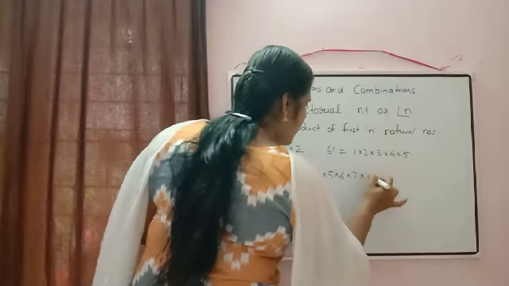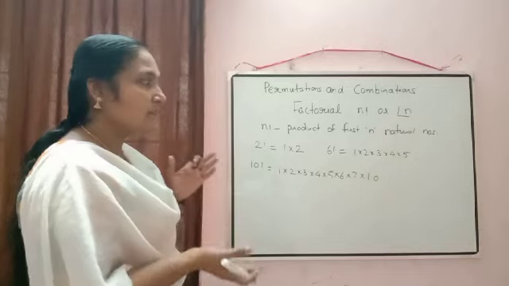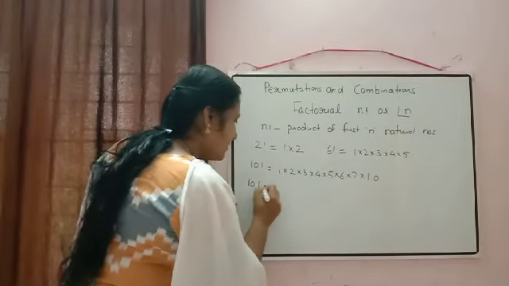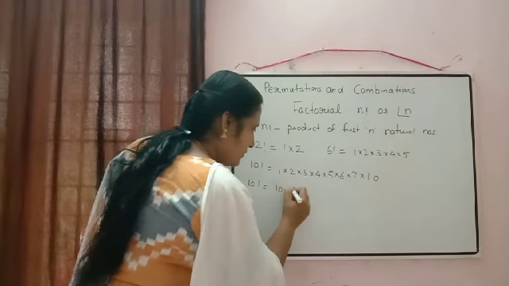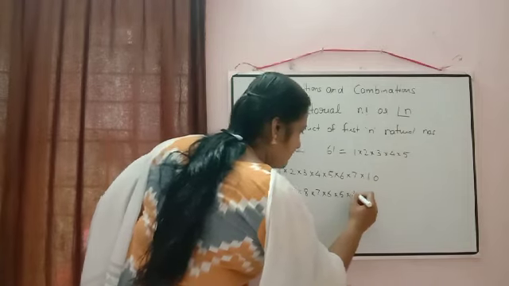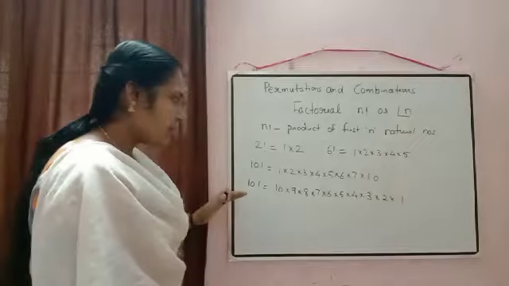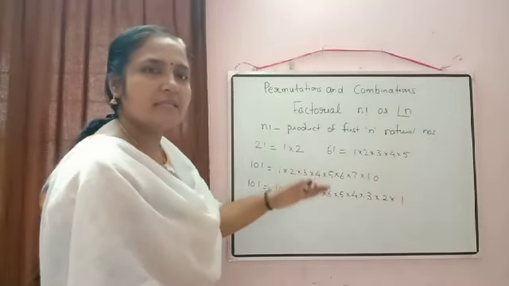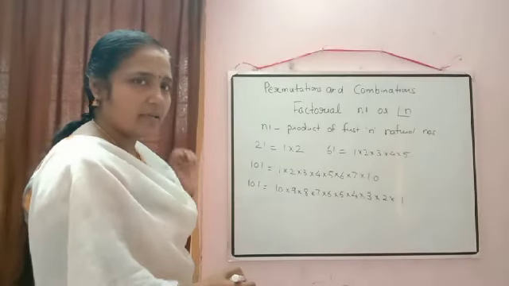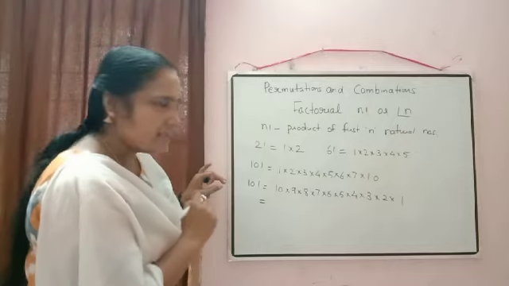Okay, so usually when we are doing the questions, we write it in reverse order. Like 10 factorial can be written as 10 into 9 into 8 into 7 into 6 into 5, 4, 3, 2, 1. So 10 factorial means the product of first 10 natural numbers, and we are writing it in this way, in reverse order. Now to give one concept, I am discussing this example.